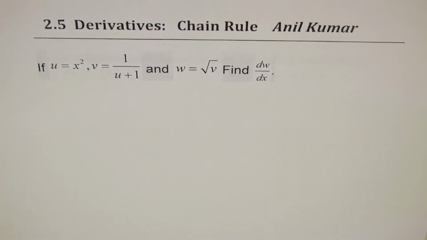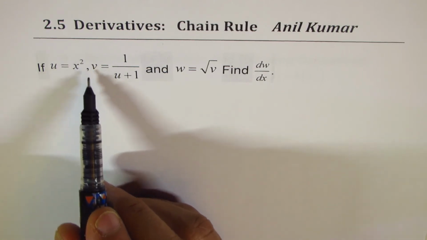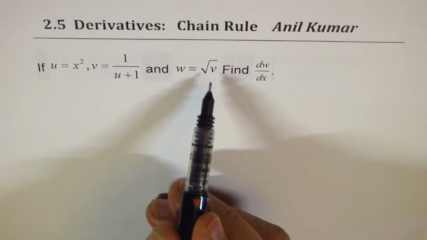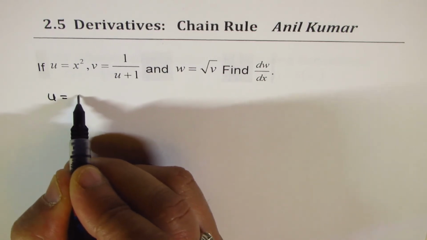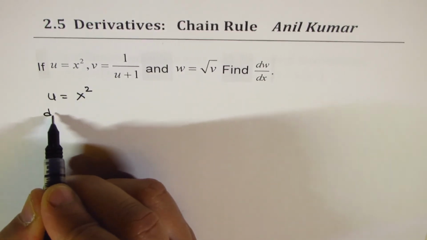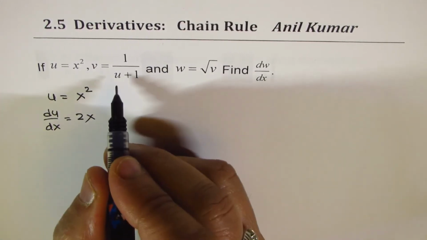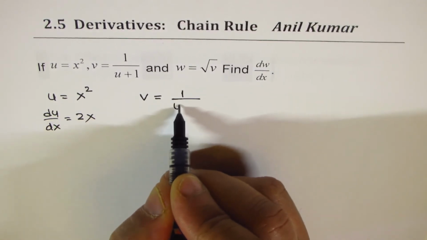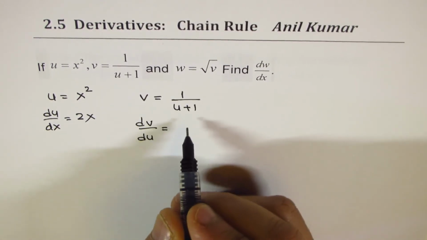Now let's get to some very concept-level fundamental questions on chain rule. We are given u as x squared, v as 1 over u plus 1, w as square root of v. We need to find dw/dx, right? So you can clearly see u is a function of x and du/dx is going to be 2x. Here we have v, which is a function of u, 1 over u plus 1, and dv/du will be